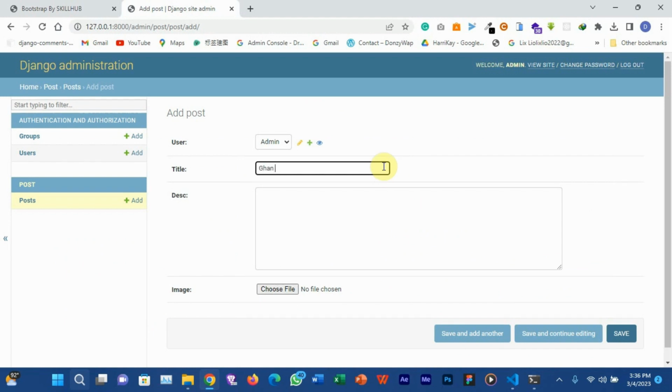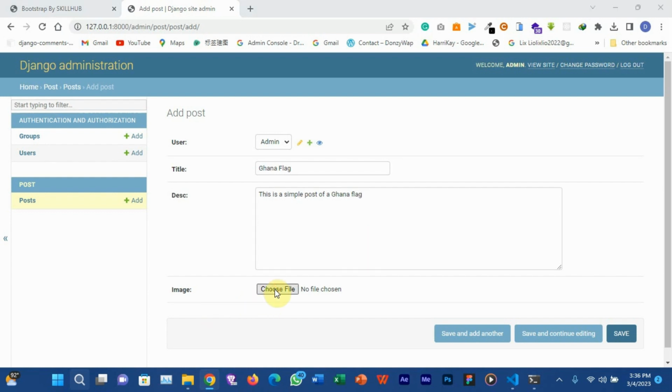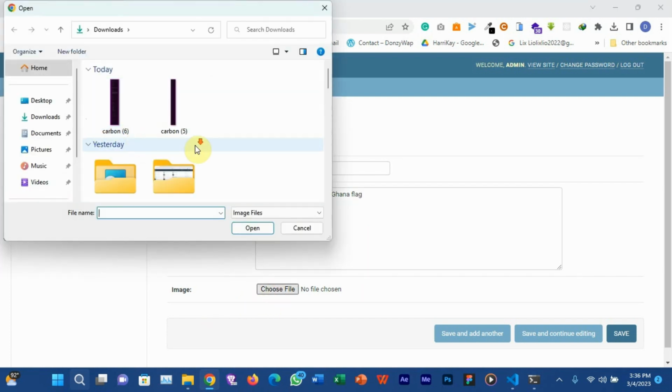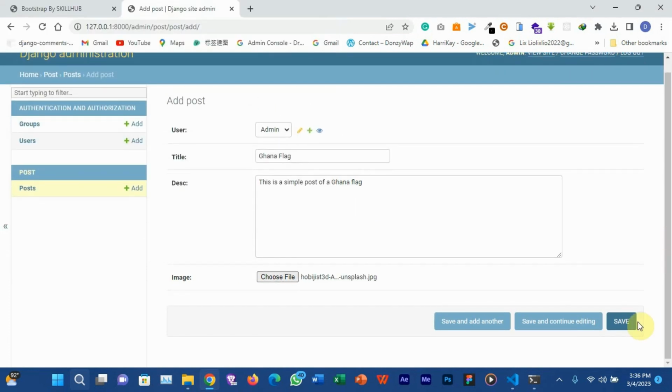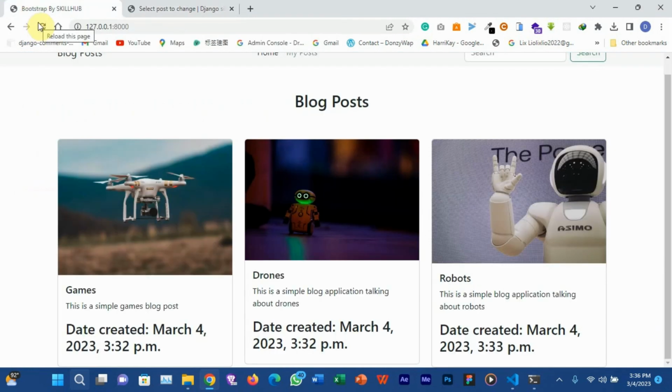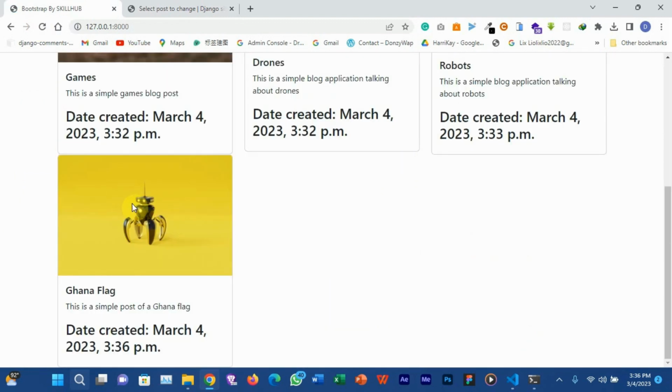So you can, like, this is a simple post of a Ghana flag. Okay. If I refresh, you can see it added another one as well.